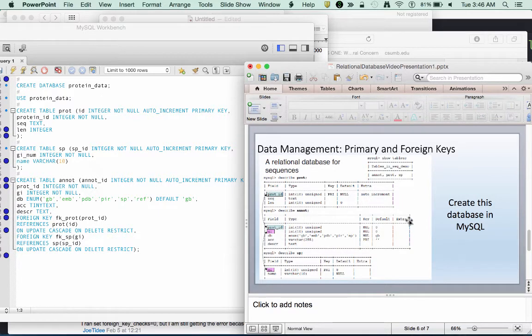And in each one of these tables, there is a certain amount of information. There is a protein ID, a sequence, the sequence length. In the PROT table, there is the PROT ID as a foreign key, and the GI ID as a foreign key, a database, and a session number, a description, again, a GI identifying number, and a name in this SP, which stands for Swiss Prot